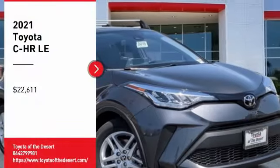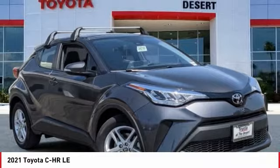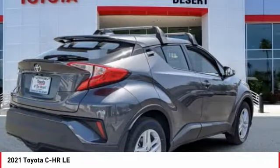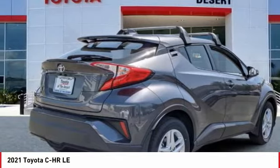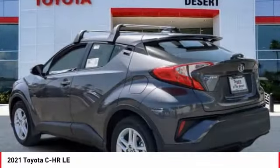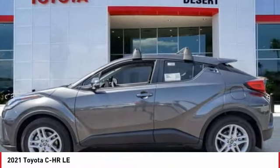Make a great choice today with the 2021 CHR. The Toyota CHR's fresh design makes it stand out in the crowd, and the interior oozes with style. The CHR handles like a race car and has all the safety features you'd expect from a Toyota vehicle, and